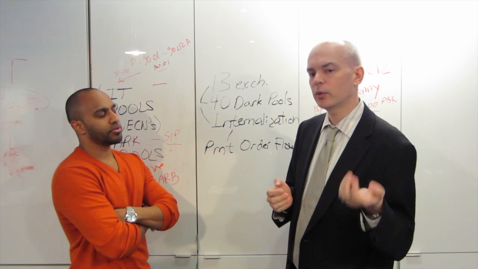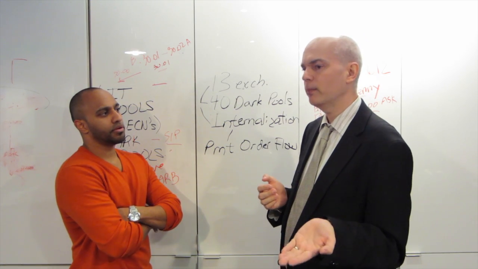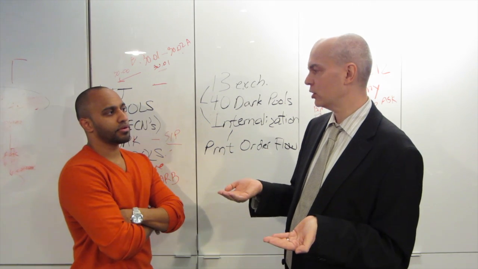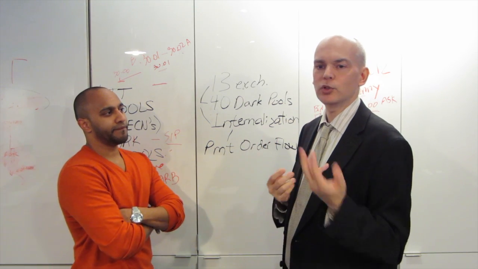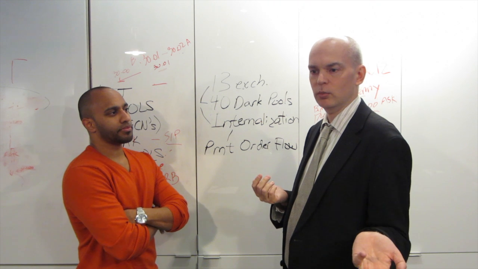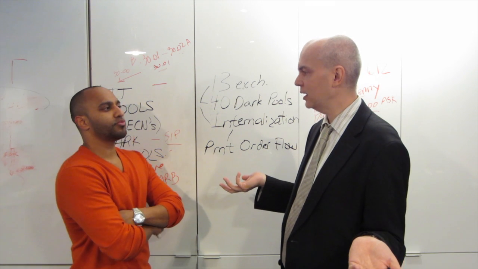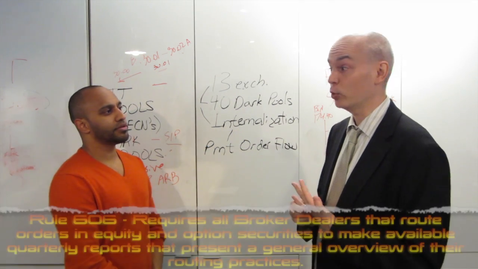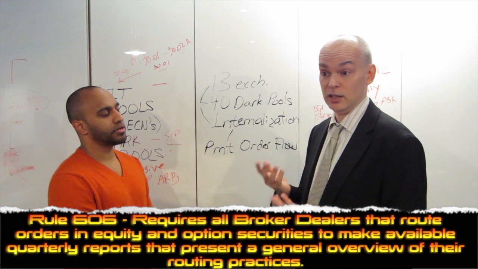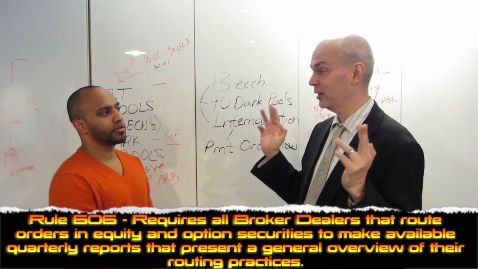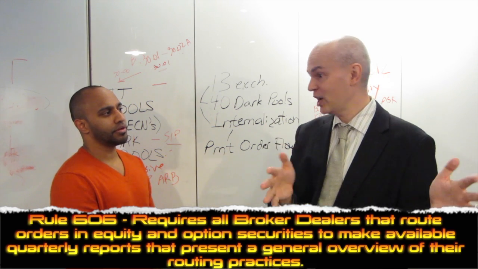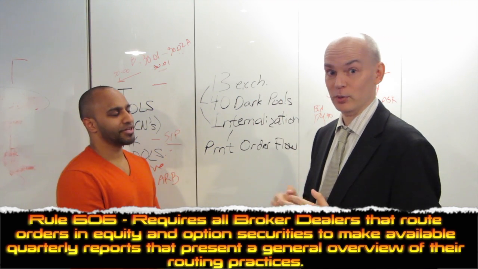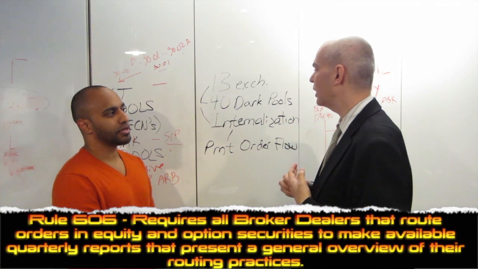Now the non-marketable, the resting limit order, may be routed by the market maker, but think about it, the market maker has to pay for these orders. Why would you buy an order that was not at a price you wanted to trade? So, you can go look at what's called the Rule 606 reports that all brokers have, and you'll see patterns like that: all of my limit orders were routed to an exchange, whereas all my market orders were routed to this market maker I have a relationship with. So there'll be different behavior there.